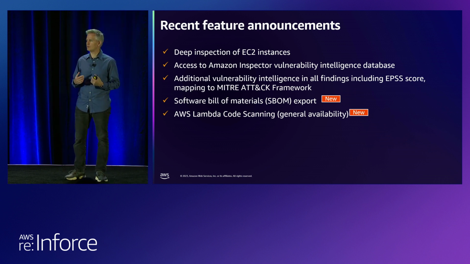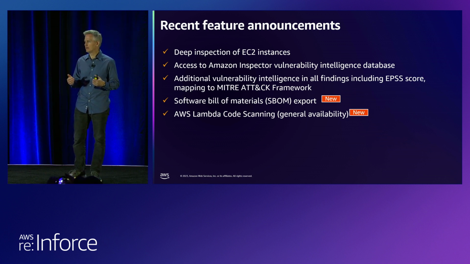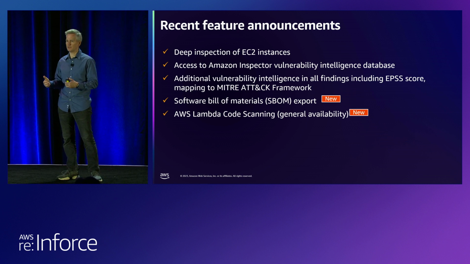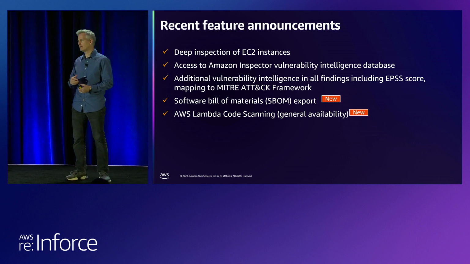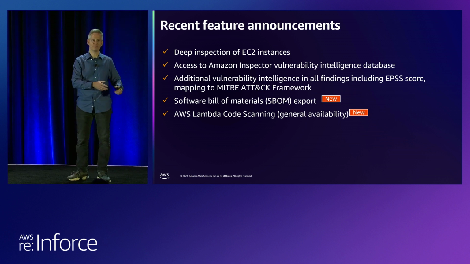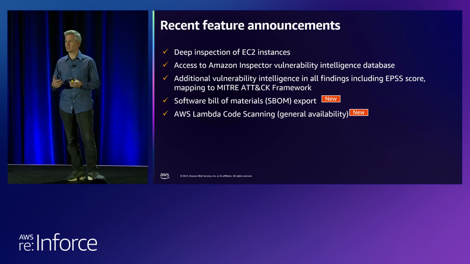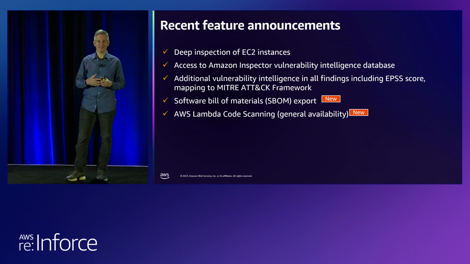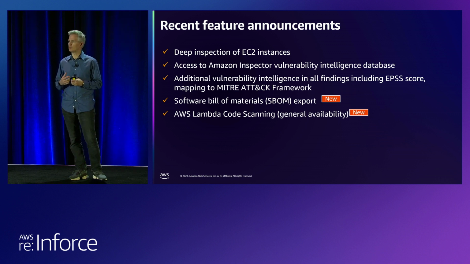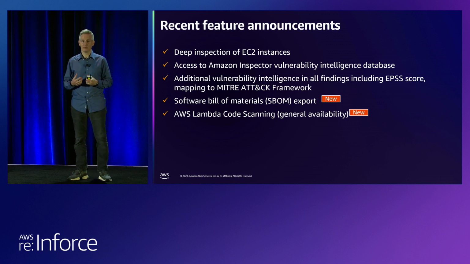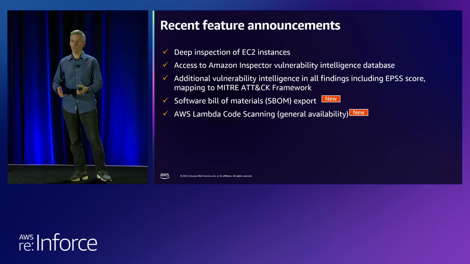So within EC2 instances and within container images, we already go in and we take a look at the package manager that the OS runs to pull out the packages and say, okay, you're running OpenSSL version 1.2, let me go see if there's any vulnerabilities and I'll report that to you. But for container images, we actually go a step further. We scan the entire file system and we look for things that we can decompose further. As an example, we look for jar files that make up your Java applications, and we will tear them apart